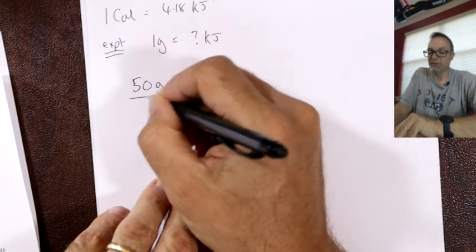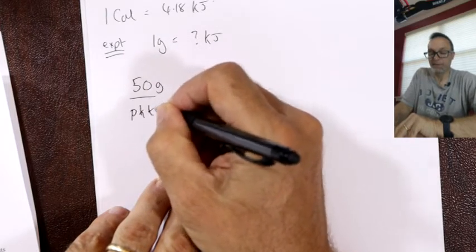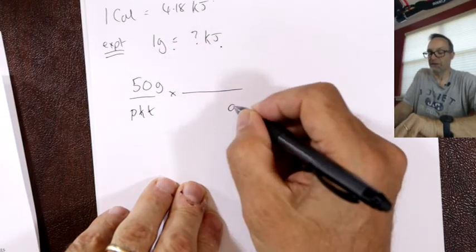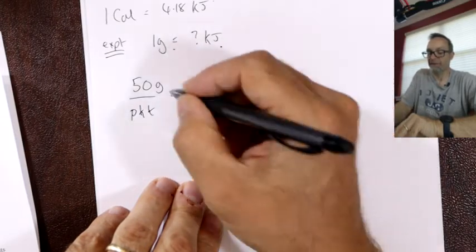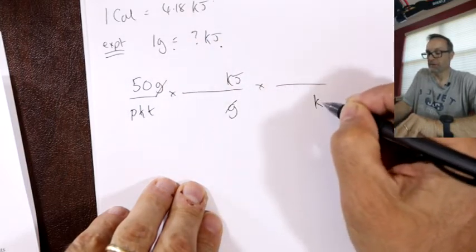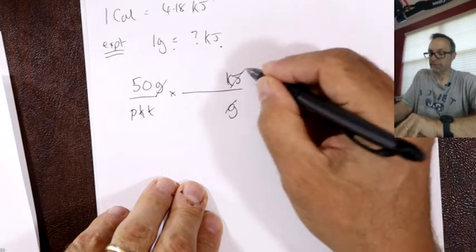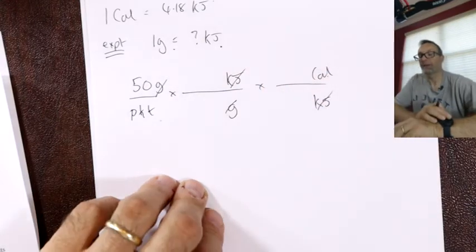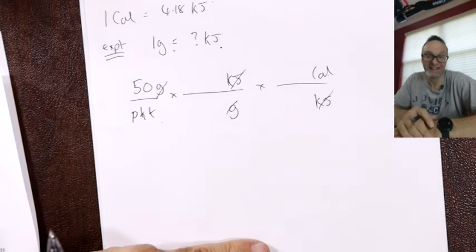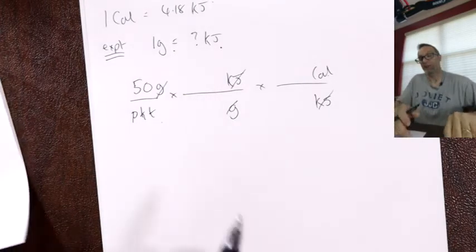So 50 grams per packet, all right, times, well, what's got grams up here? There's your conversion factor, right? So you can have grams down here, kilojoules up here, all right? And then calories. And you're left with calories per packet. Okay, so nice and easy. You can convert anything to anything if you just link the chains together. Right, okay. So next one,